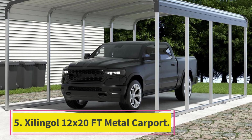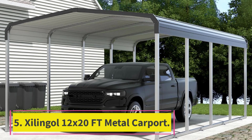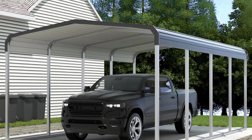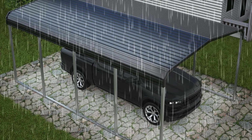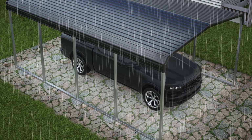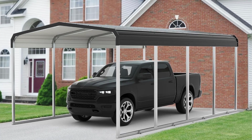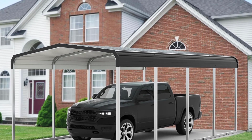Number 5. Xilingol 12 by 20 foot metal carport. The Xilingol metal carport is designed to provide exceptional protection for your vehicles and equipment. Its unique galvanized frame offers superior resistance to rust and corrosion, ensuring durability over time. The frame's joints are reinforced through a special process that enhances stability and reduces bending, giving you peace of mind